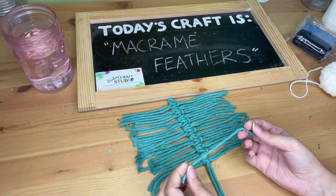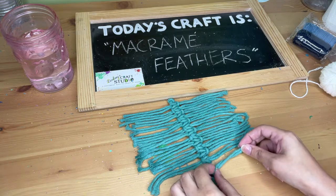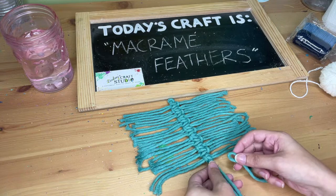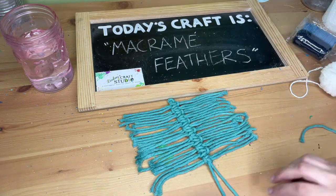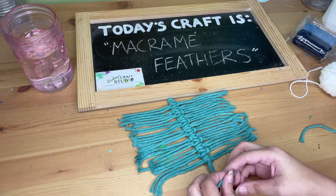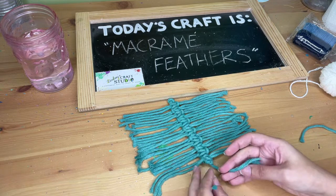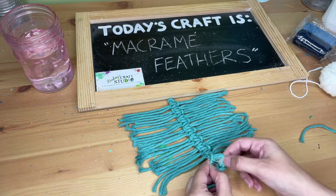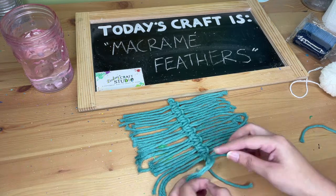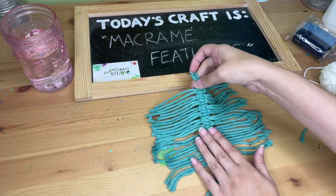So I wound up with a lone little macrame thread, and rather than just tying it onto one side and it being really sad, I'm actually going to just make a couple of knots here, and maybe I'll use this in another life to attach it to some sort of tapestry. So you're going to want to make some sort of square knot and then perhaps another square knot, just so that you don't accidentally pull your macrame off of the end as we're doing our next step,